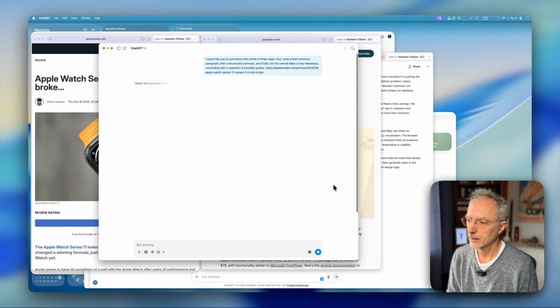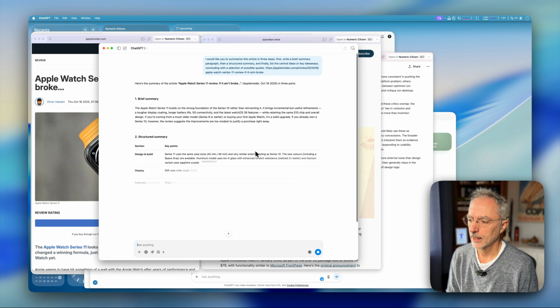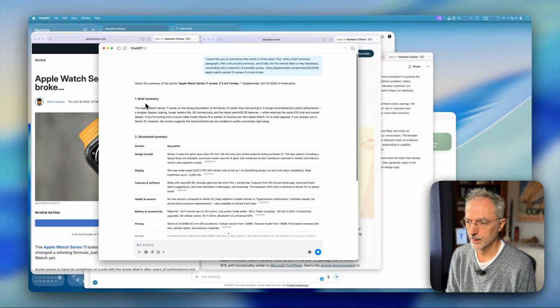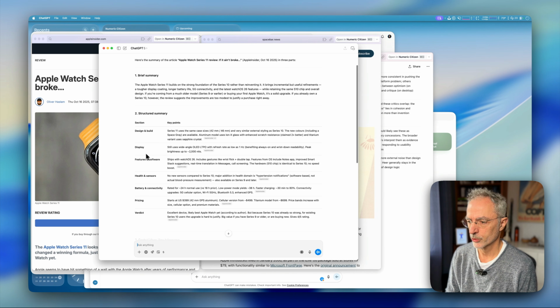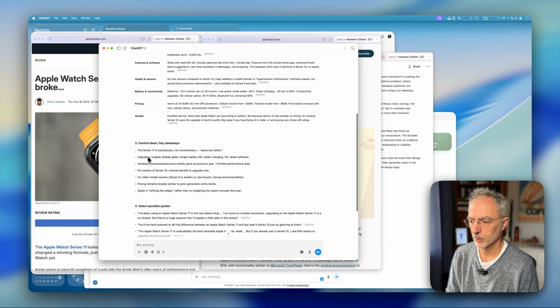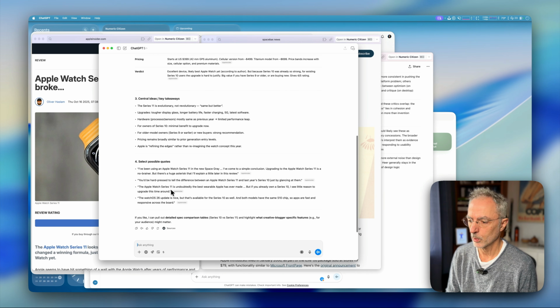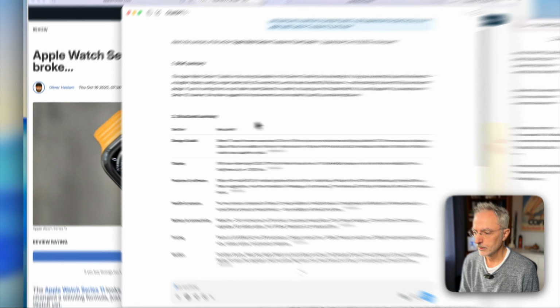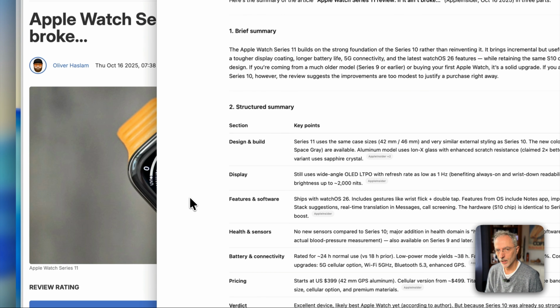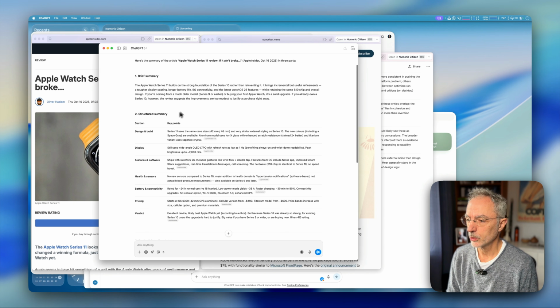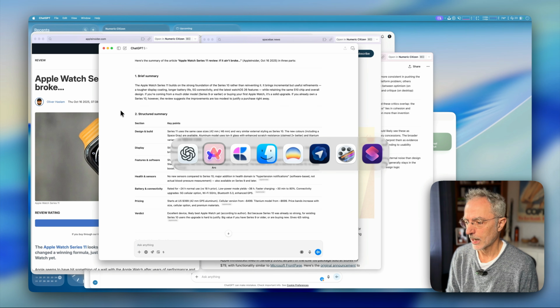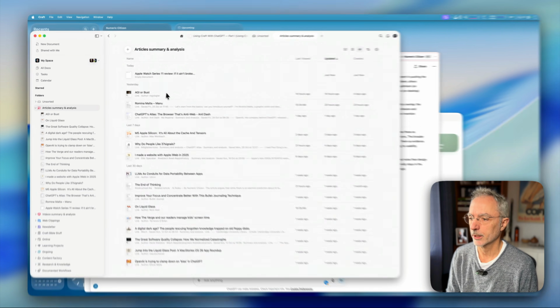It's usually very fast. And as you can see, there's again this brief summary, a more detailed, structured summary of the article, the central ideas, takeaways, and a few quotes. And as you can see, depending on the content of the article, the structured summary might be different. What I'm going to do now is go back to Craft and look for the article